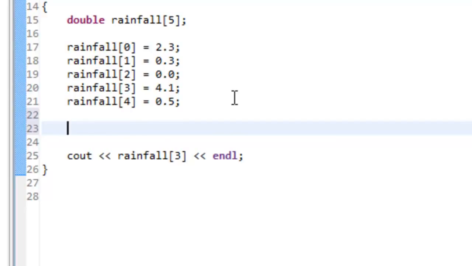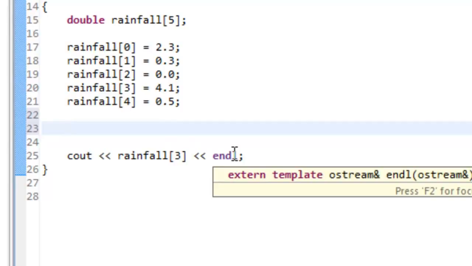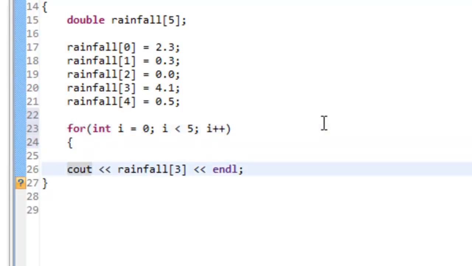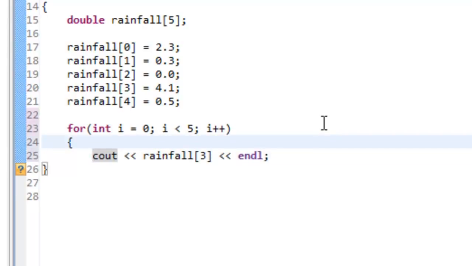And the way we go about traversing or iterating or walking over each element of our array is by using a for loop. So we want to be able to repeat this operation of printing out each value that's stored in each element of our array by using a for loop. So we can say for int i, assignment statement 0. So we just initialize i to 0. And then we'd say i less than, and this looks a little bit weird, but we're going to just specify 5 here, and then i++, and then we'll have the cout statement inside of the body of this particular for